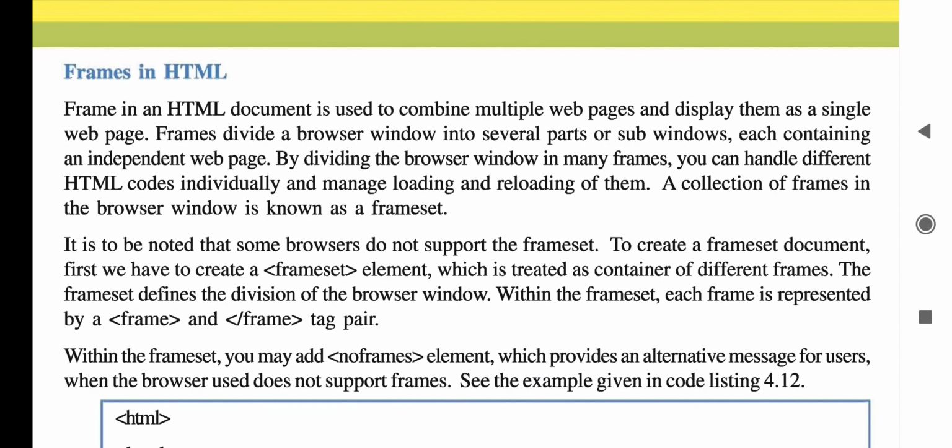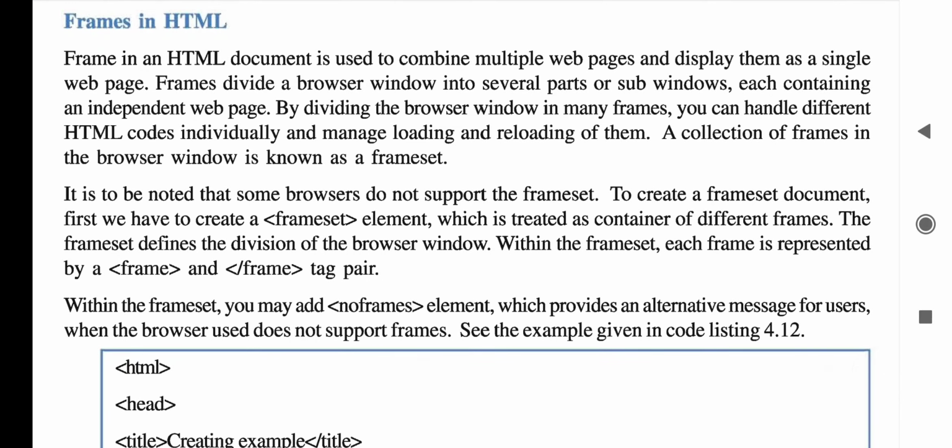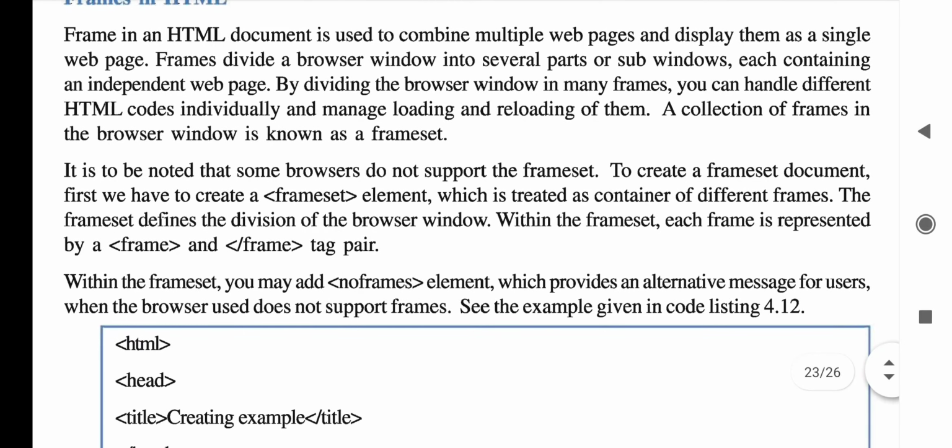Frames in an HTML document are used to combine multiple web pages and display them as a single web page. Frames divide a browser window into several parts or sub-windows, each containing an independent web page. By dividing the browser window into many frames, you can handle different HTML code individually and manage loading and reloading of them. A collection of frames in the browser window is known as a frame set. So the main thing I want to say is that if you are making a big program and the output is also very big, then what you